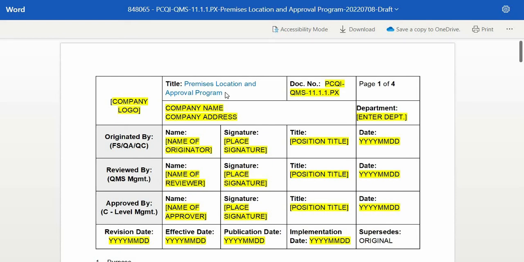To conduct a document review utilizing the Premises Location and Approval Program under the SQF Module 11.1.1, first check if the document title matches the uploaded file name on the dashboard. In this instance, we do have the same titles as the Premises Location and Approval Program. Next, both must have the same document code. For this example, we do have